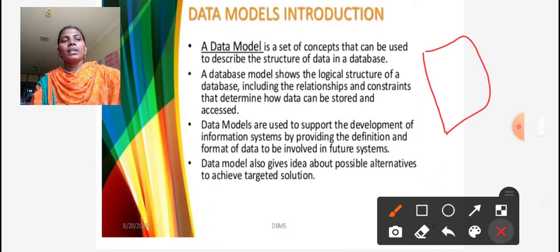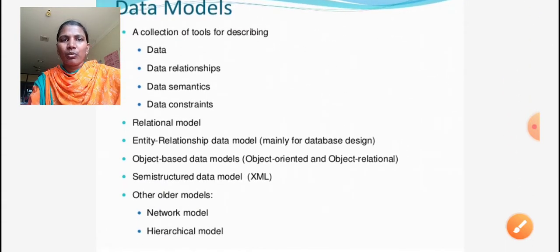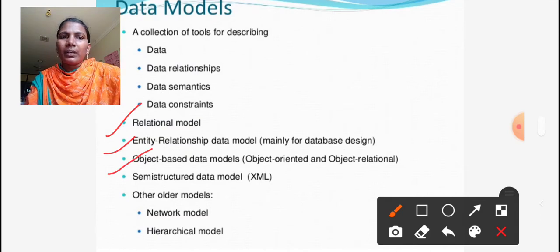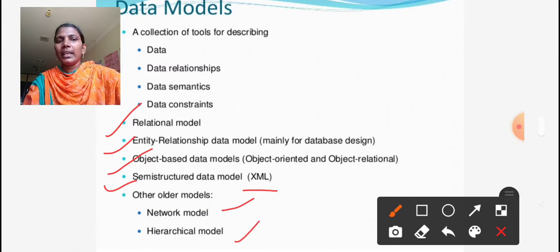Some of the data models are: the relational model, the entity relationship model, the object based data model, and the semi structured data model, that is XML, and the older data models are the network model and the hierarchical model.